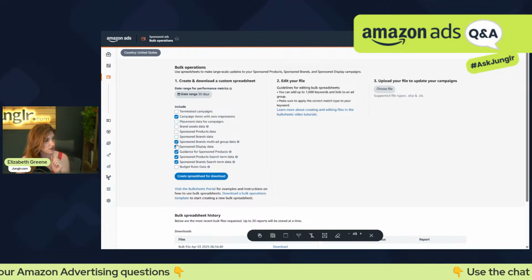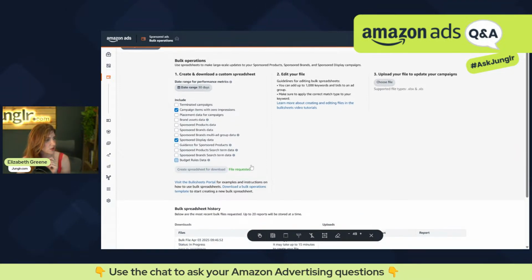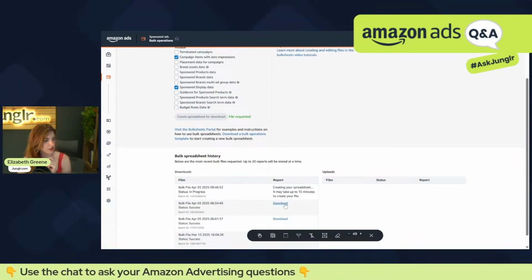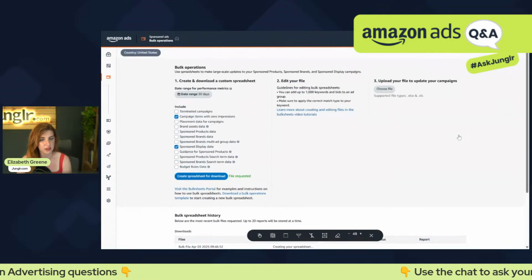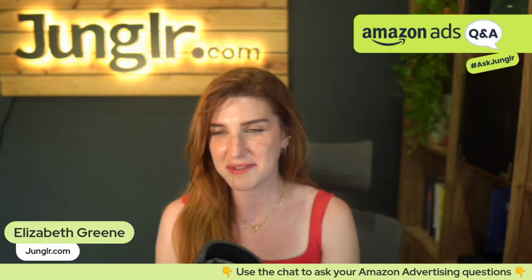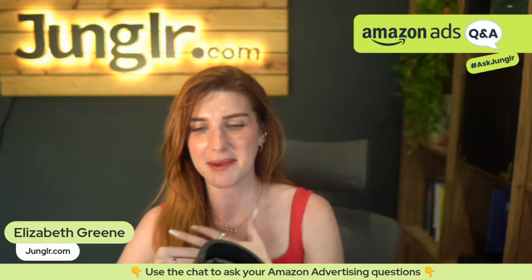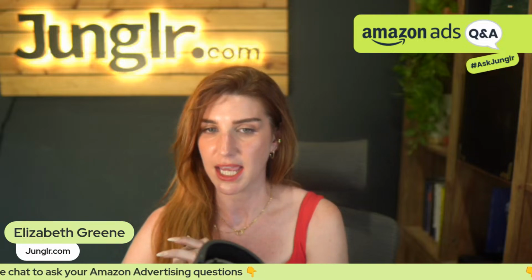If you want to use bulk file to look at the rest of your account, you can, but you just need the sponsor display ads. And then you just click create spreadsheet for download. Once this is downloaded, you'll see the blue icon. You can download it, open it up, go through and do your evaluation. Super important because I can't tell you how many people are running VCPM campaigns thinking they have an amazing ACOS when in fact they don't,